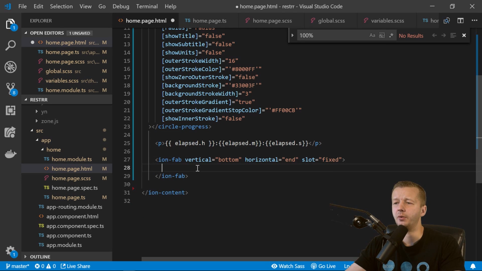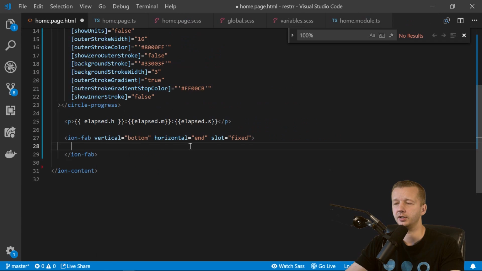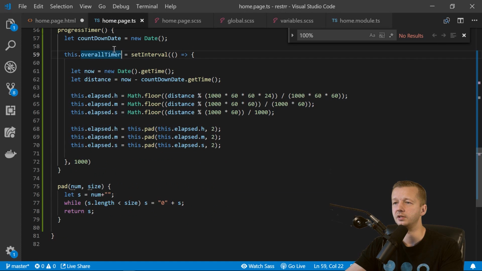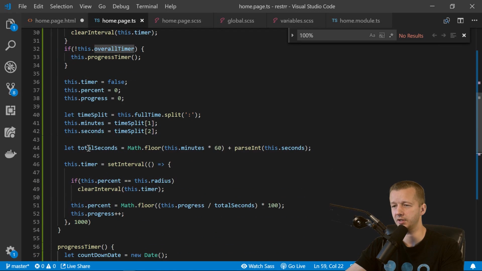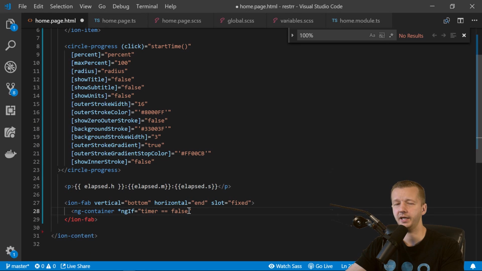Now, I want a way to conditionally switch between two different buttons. So this is an Angular template specific thing, template conditionals. And so what we do is we put in an ng-container, and we say ngIf equals, if the timer equals false. Now remember, timer is defined right here. The timer is what controls, where's the timer at? There it is. It's what controls that radial progress bar. So if it equals false,